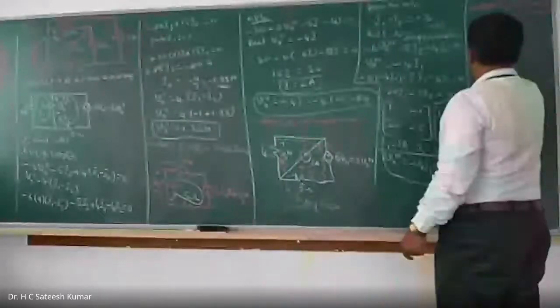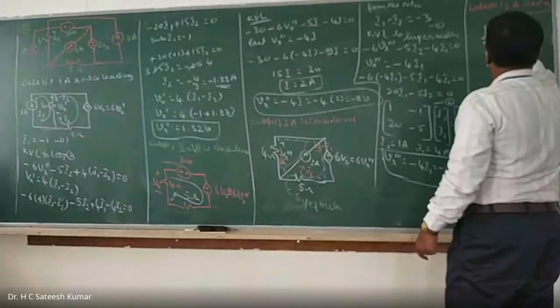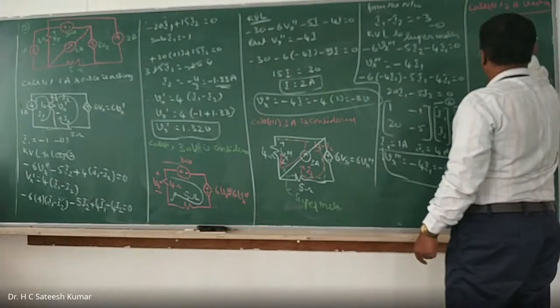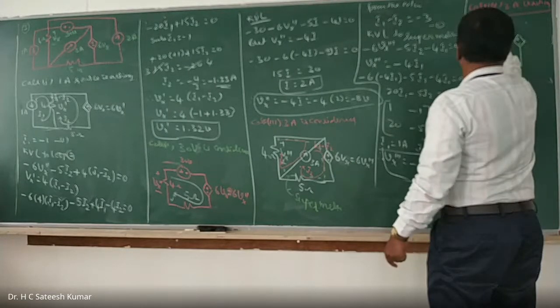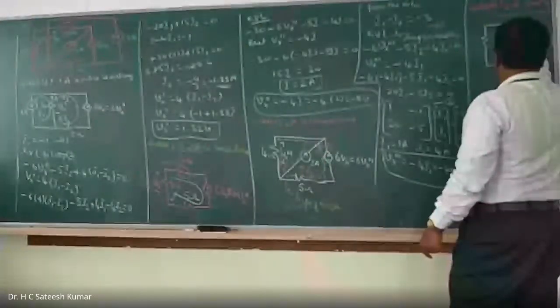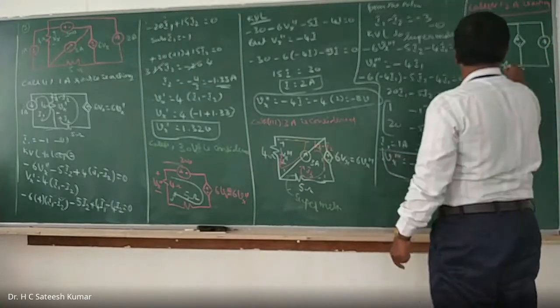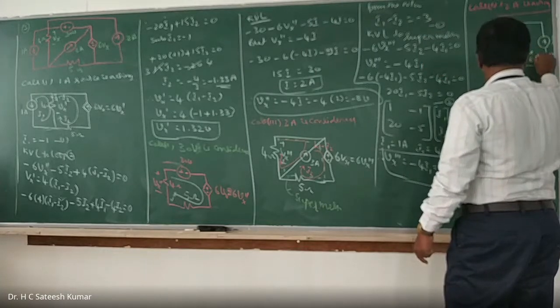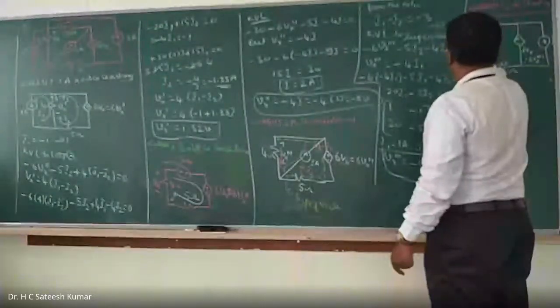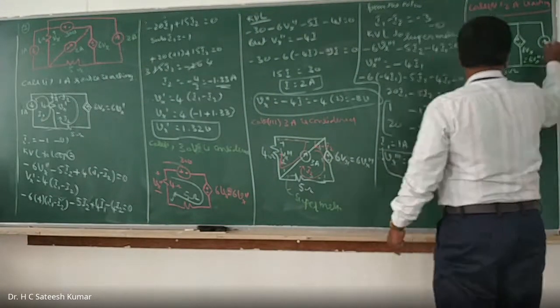Okay, one resistor. This side is open circuited. This one and this voltage source, plus minus. This is short circuited. From this point we need to connect it to the current source. This point and this point are the same, therefore we can connect here itself. So now we have 5 ohms and 6 Vx 4 dash, and this is plus minus 4 ohms Vx 4 dash, and this is 2 amps.